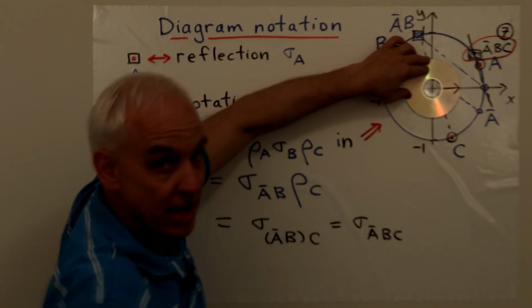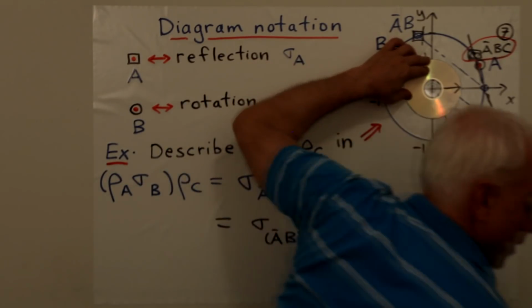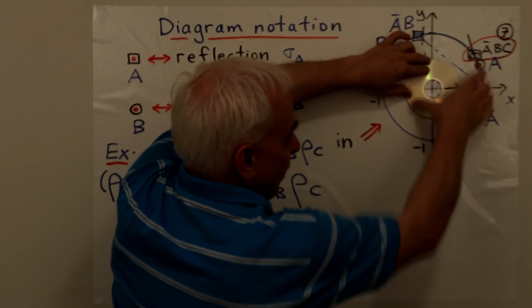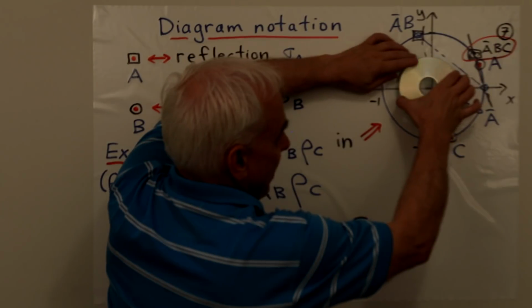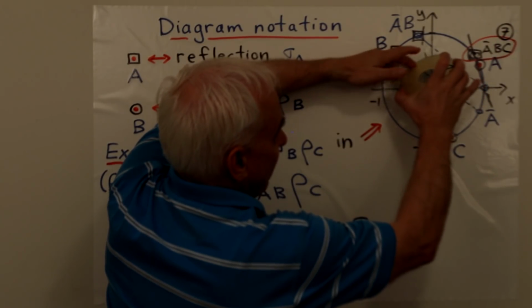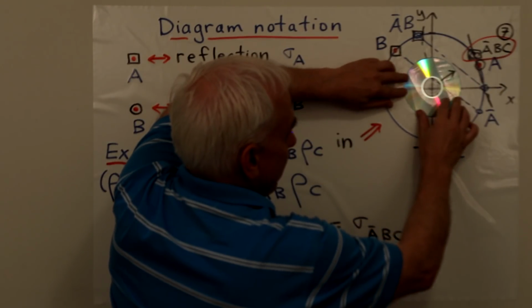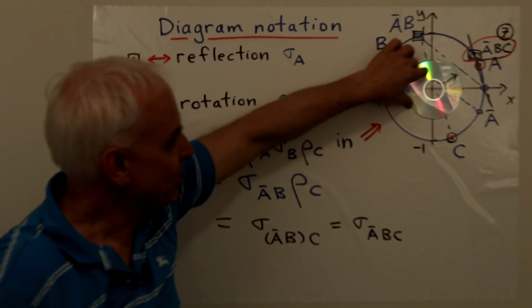The axis is not through that point. That's where the image of the identity goes. The axis is the bisector of the segment joining them. Okay, so there's the axis, roughly about that. So it's something like this. So if I take that, like this, and reflect in it, okay, then I get something like that, which is what we got before.